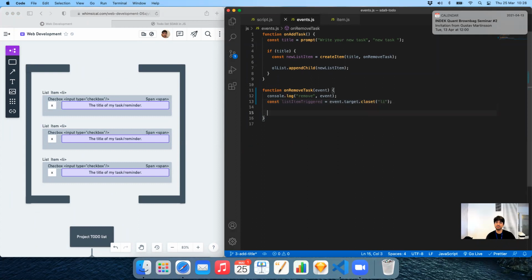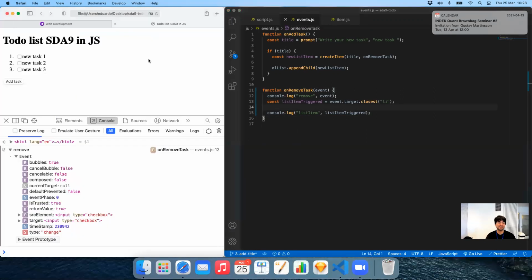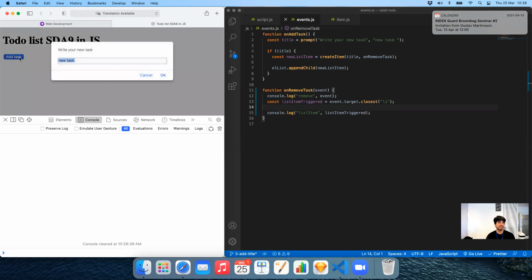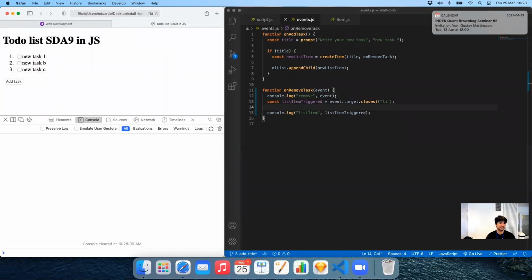So we can even do a console log of listItemTrigger. Well, I think there's a typo in closest. Ah, yeah, closest. Thank you, nice catch. Yeah, perfect. Thank you so much. So let's try it again. Let me just make the console a little bit smaller because it's too big. Perfect. If I add a task, and let's use letters to make it easier, ABC. If I click in the middle one,